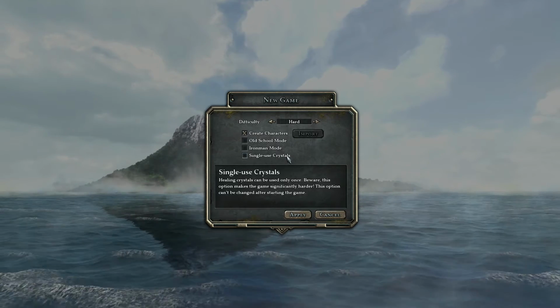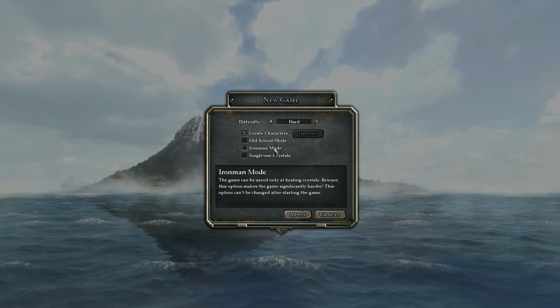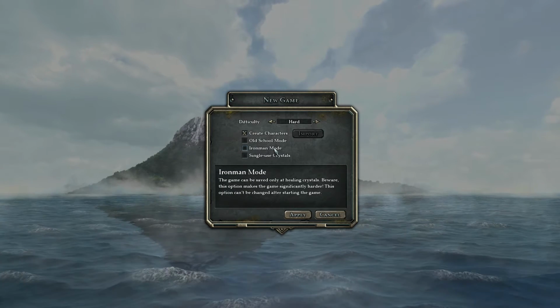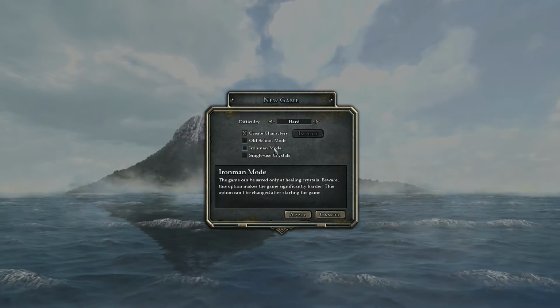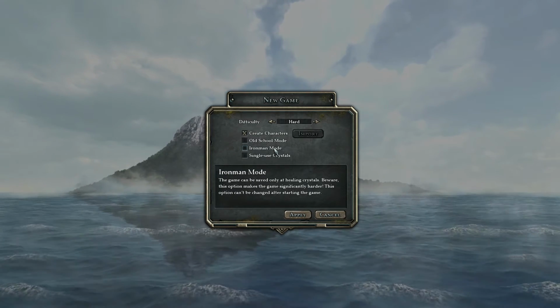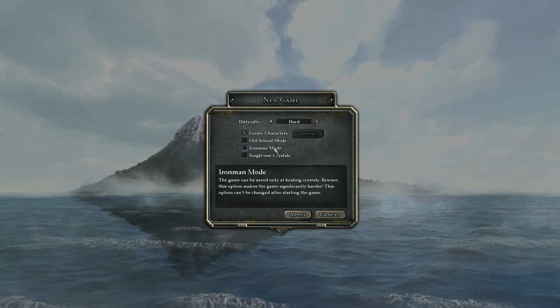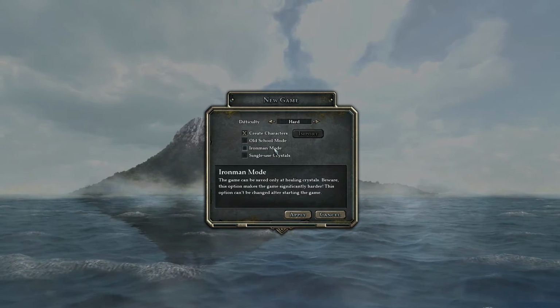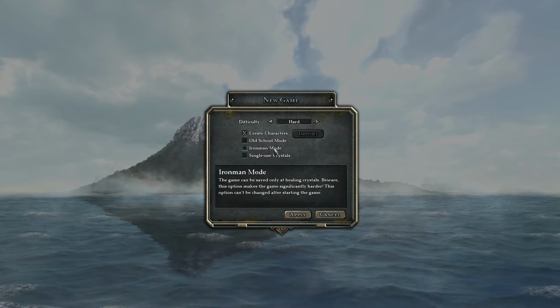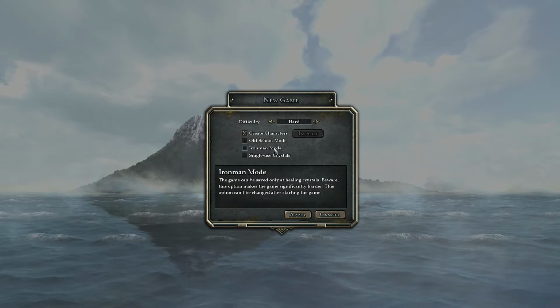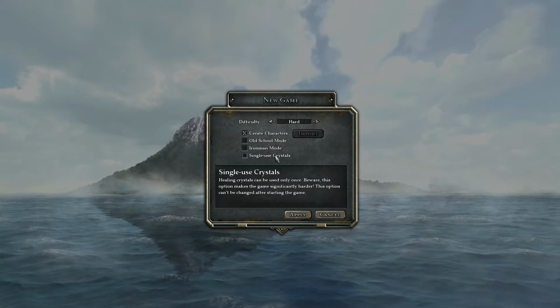Oh, I should mention this. With Iron Man mode, you cannot quick save. You can only save at healing crystals. I'll be getting to why that's important in a second. So single-use crystals,